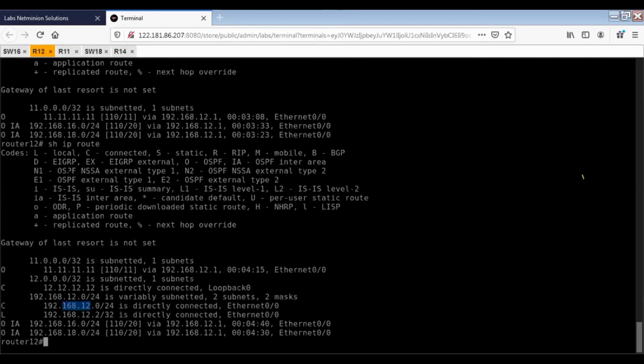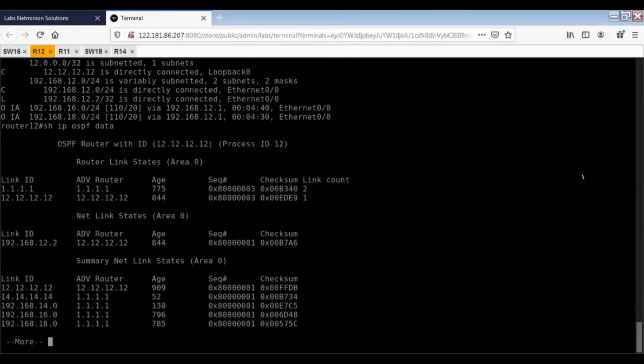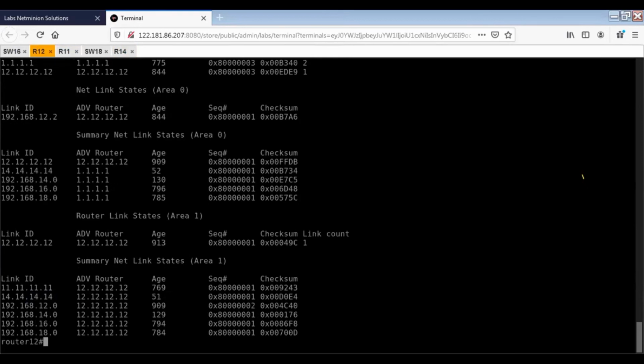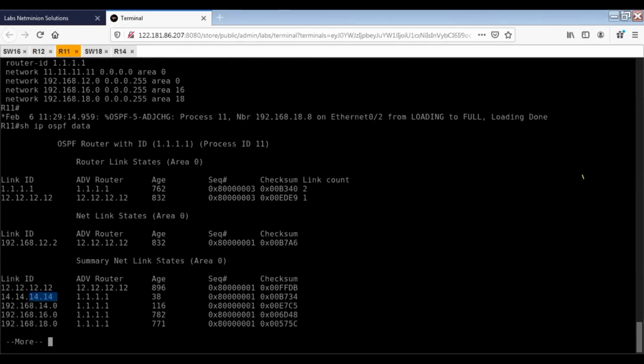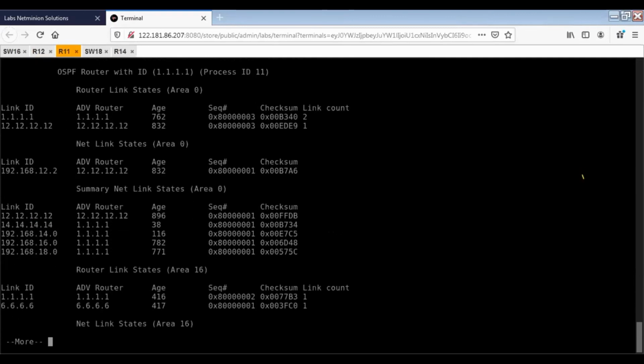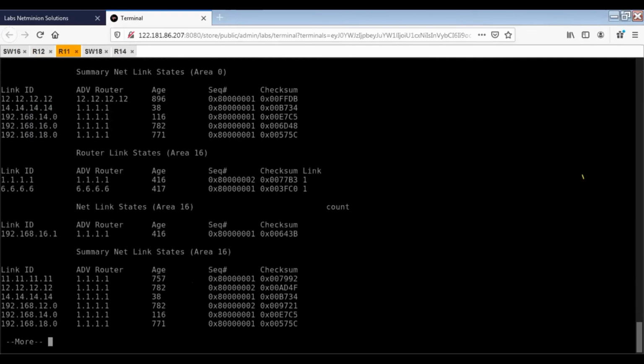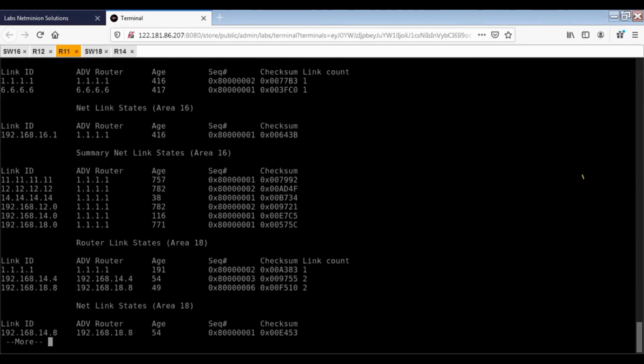If we go here and show IP OSPF database, we are getting this 14.14 also here, and we can ping it. 14.14.14.14 success. And here we are still on area 0, now area 16 we are getting, now area 18.